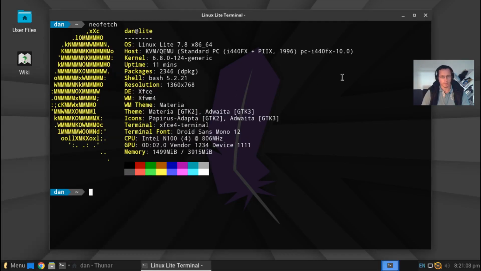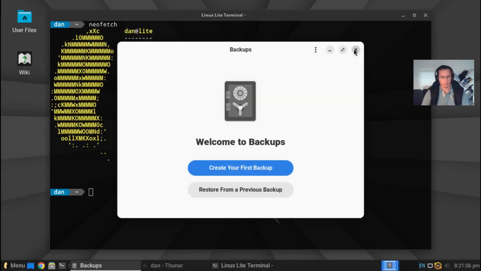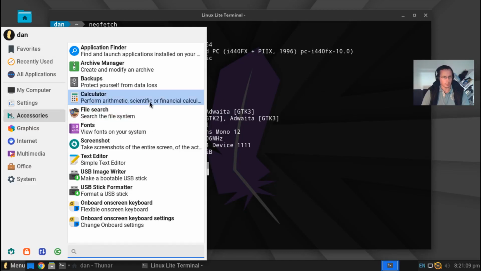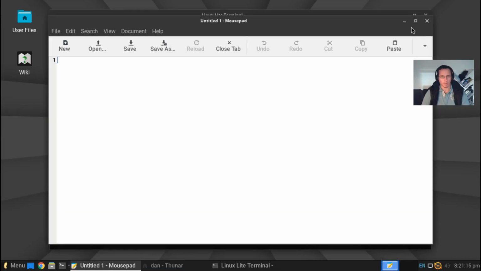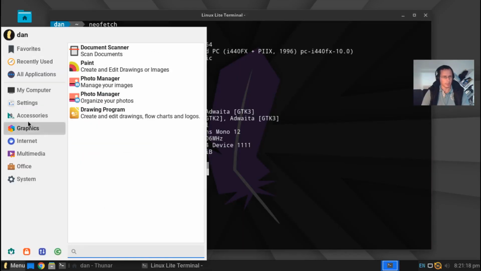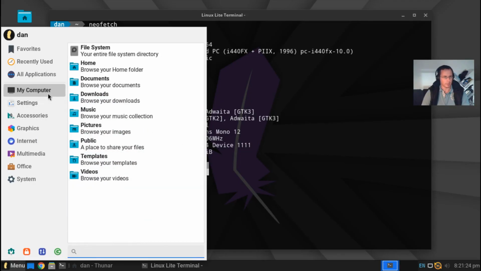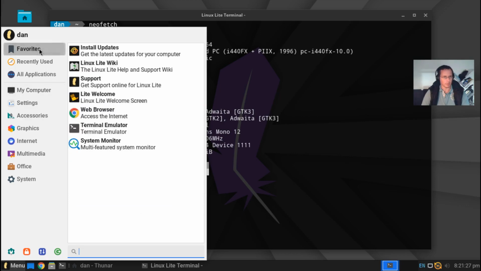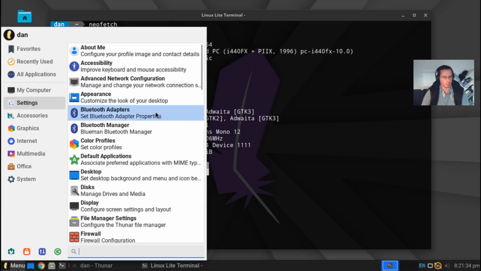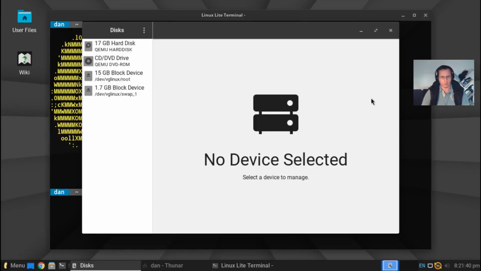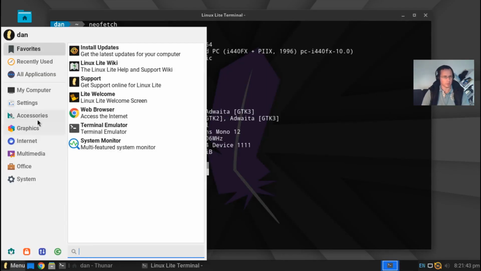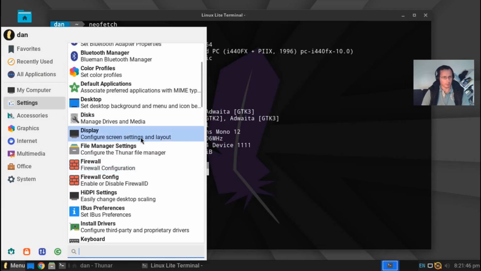Backups are here. Backups program. Deja Dup should it be, I think. Calculator, fonts, screenshots, text editor, Mousepad, the default xfce editor, USB image writer, onboard screen. Settings, my computer, these are the folders, favorite programs, and let's look for the settings. About me, appearance, default applications, disks, disk is this, GNOME disks, and then display settings,